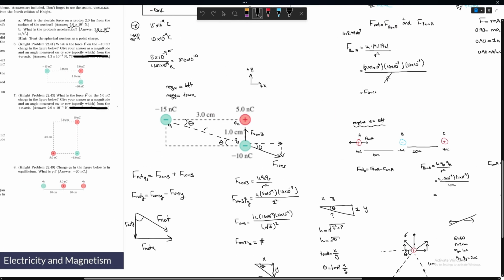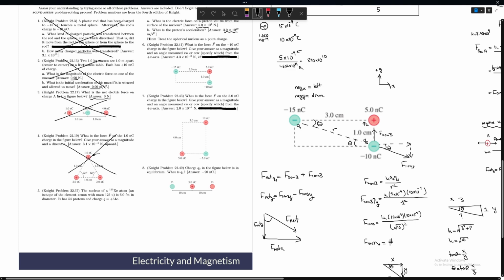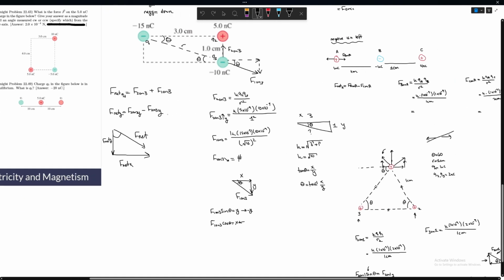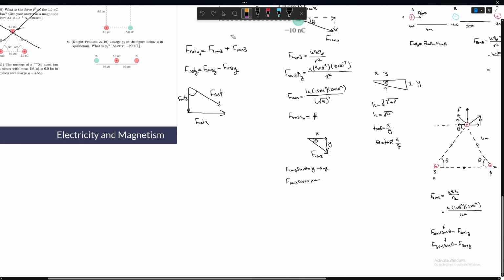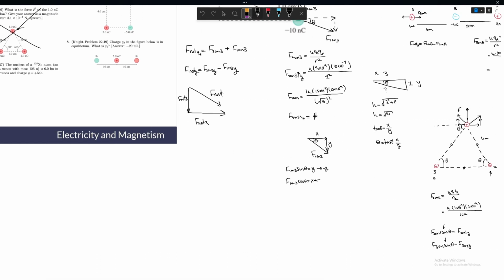But they mentioned here, measured clockwise or counterclockwise from the x-axis, right? They want it from the x-axis. And so, assuming, let's say the x-axis is here, the angle we want, let's say, is this one. So we'll say it's some distance down from the x-axis, right? And so once you get your angle here using tan, right, we can use